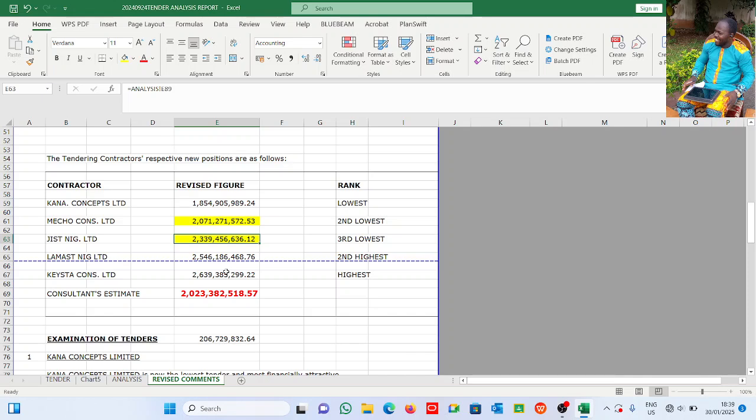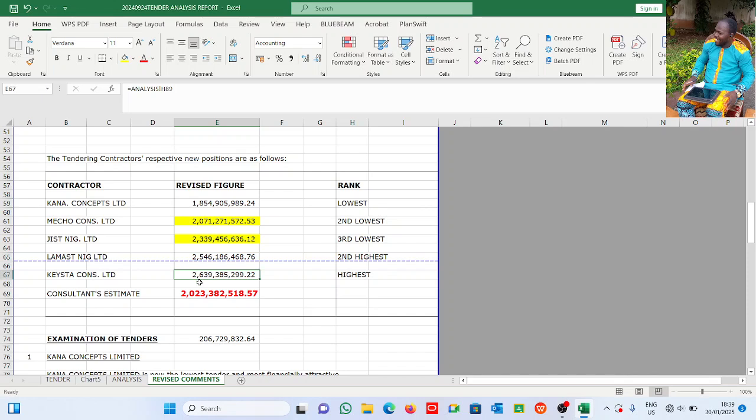Having identified the risks involved, both MECO and GIST will be recommended. You've not chosen anyone for the client. You are recommending; it is the client that will choose. You are recommending MECO Construction or GIST for the job. So it is not the onus of the client to say, I don't want this, let me do it with Lamast at 2.5 billion because I'll be very safe, we don't have to come back for money and all. Or let me do it with